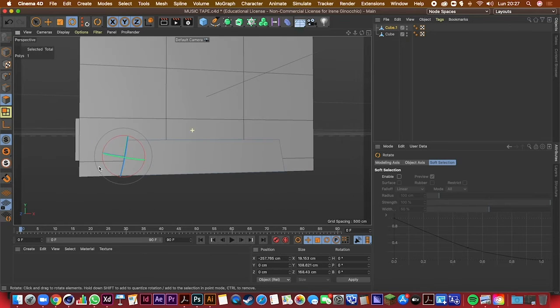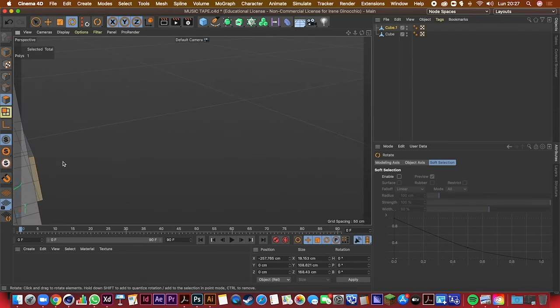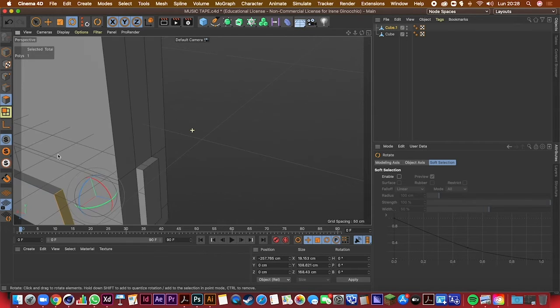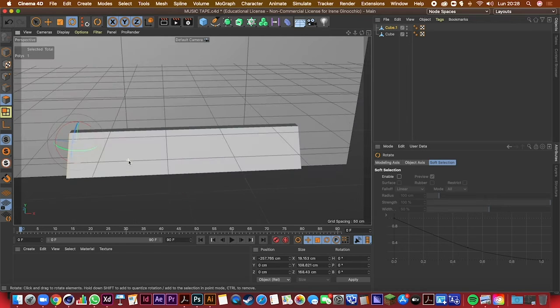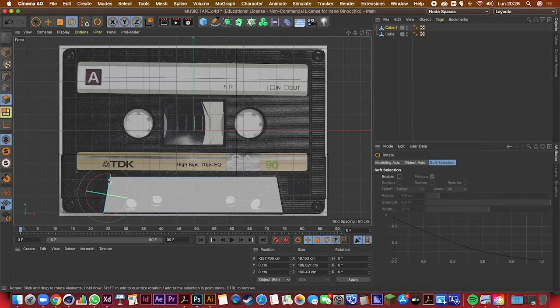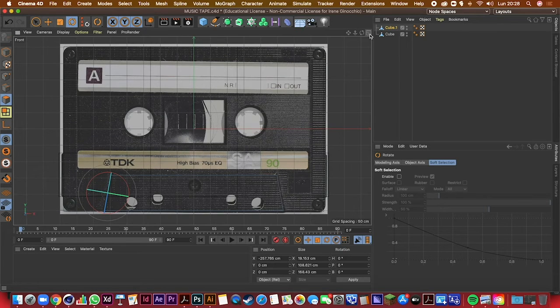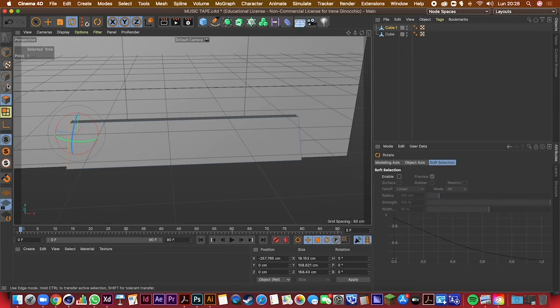Let's check what happens in the other side. And that's okay, that's the same thing because it's linked. It's just a square. It's just a cube. Perfect. Now, if we want that to be a bit curved, go back here and go to Edge Mode and